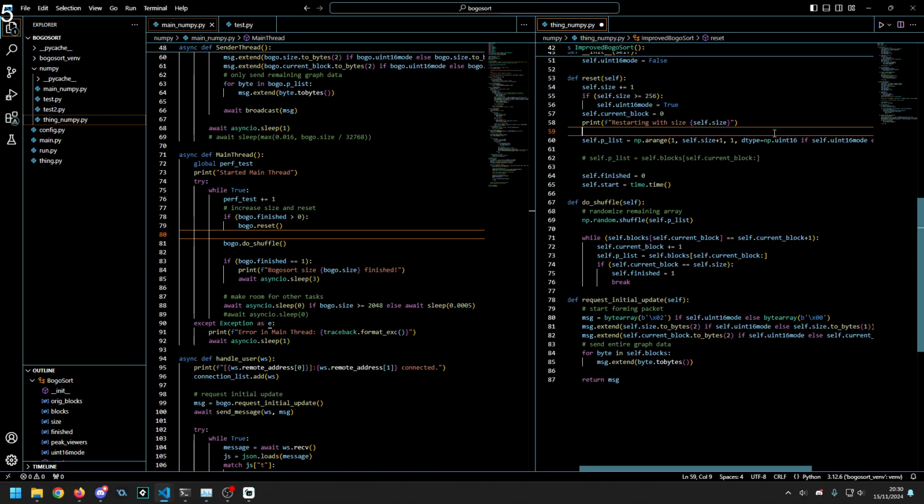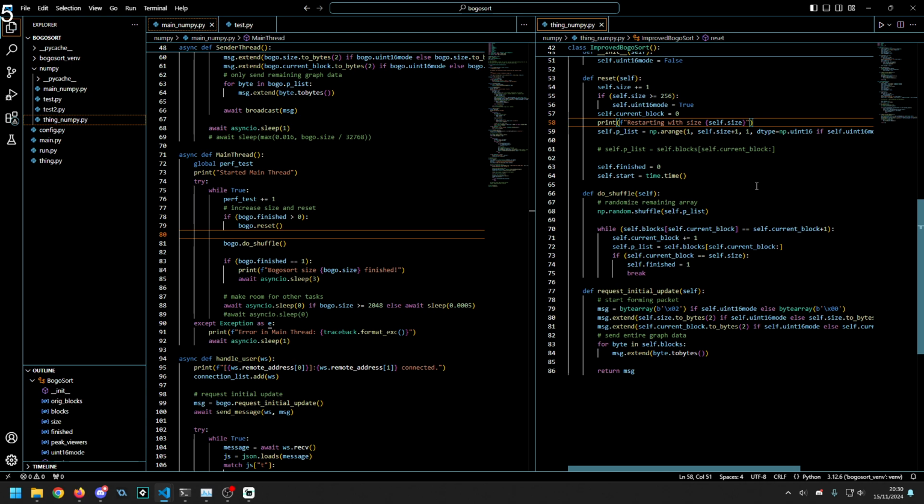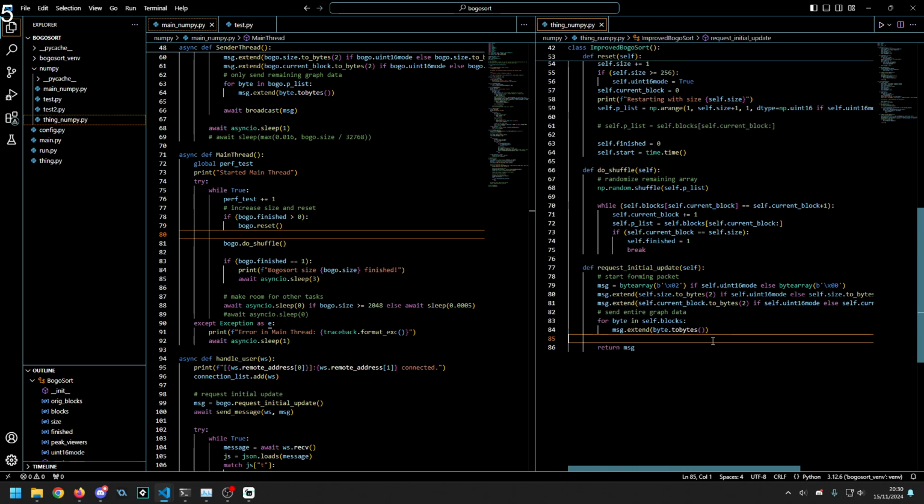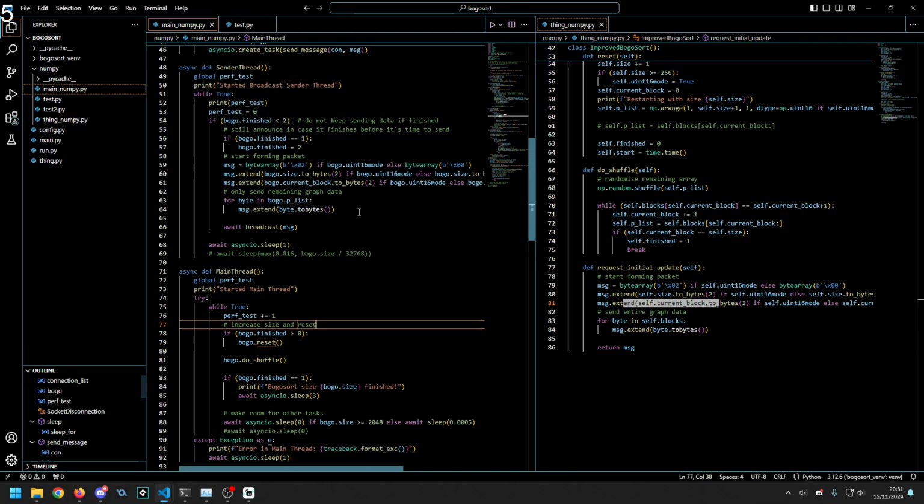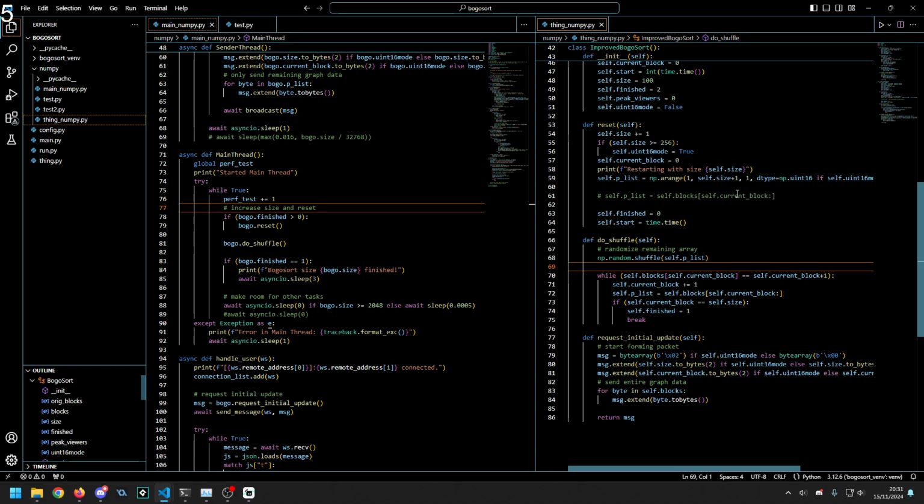But it still needs to append, right? I don't think it needs an actual, like, blocks, like the entire block list, because it's sending the size in current block. At least